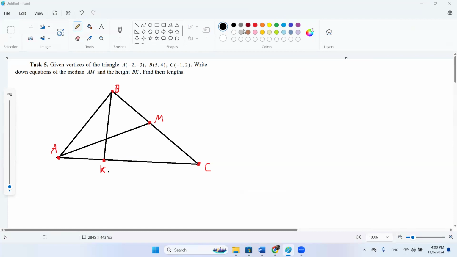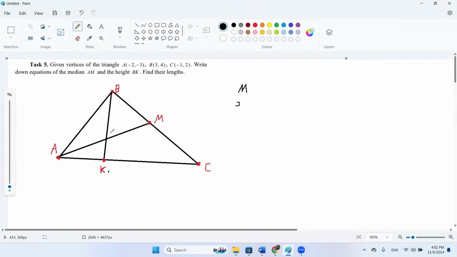First, we need to find the point M. From the task, we know that it is the midpoint between B and C, and so we can find it by the formula x1 plus x2 divided by 2, and so on. Yeah, correct. So the first step is to find the coordinates of point M, and the second step is to